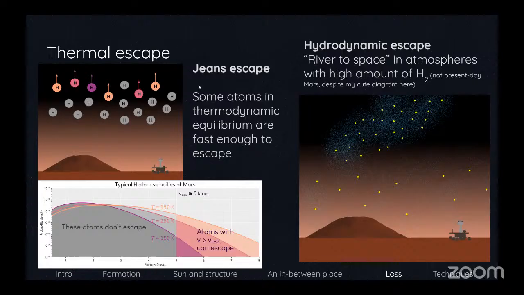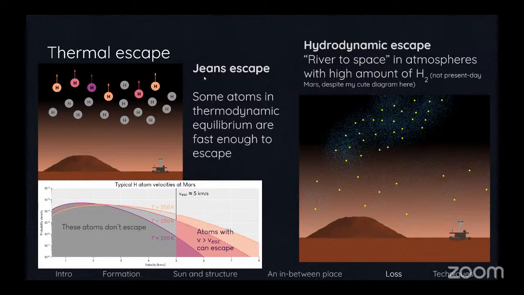The way this works is you've got some atoms in your atmosphere, some molecules. And if it's hydrogen, especially, hydrogen is the lightest element, so it's much more likely to escape than heavier elements. In the atmosphere, assuming that it's in thermodynamic equilibrium, which just means that it's dense enough that atoms are crashing into each other and exchanging energy, those atoms will have some distribution in velocities. Some of them are moving very slow, some of them are moving very fast, perhaps fast enough to exceed the escape velocity. And those atoms can just fly off into space, removing hydrogen from the planet more or less forever.